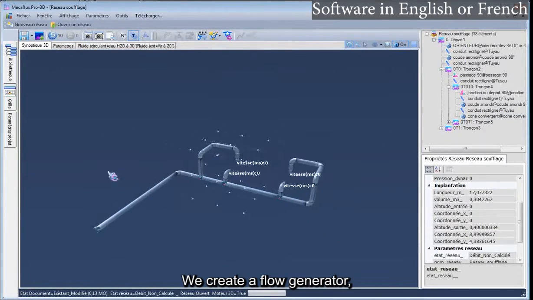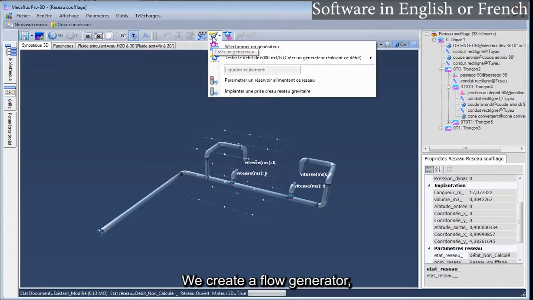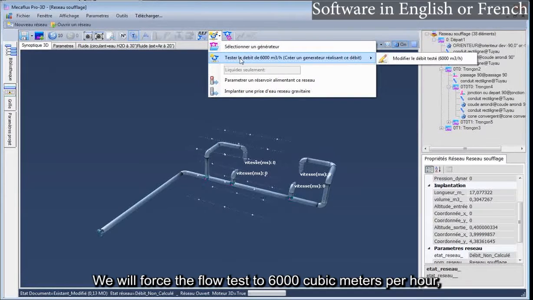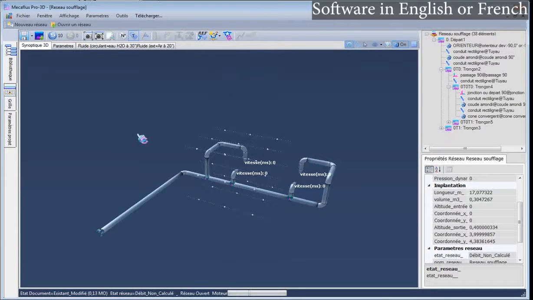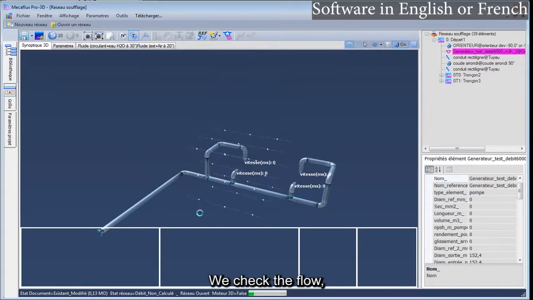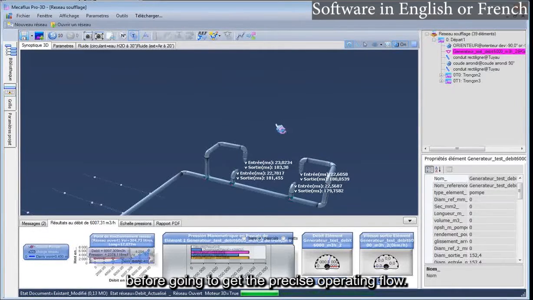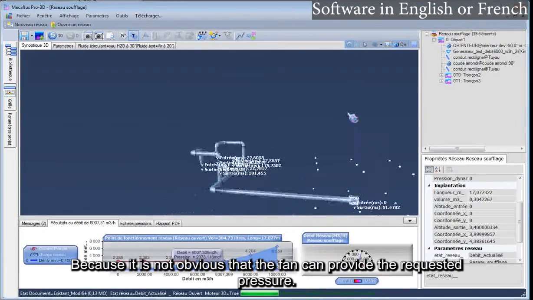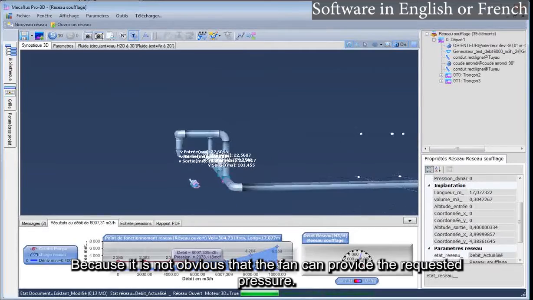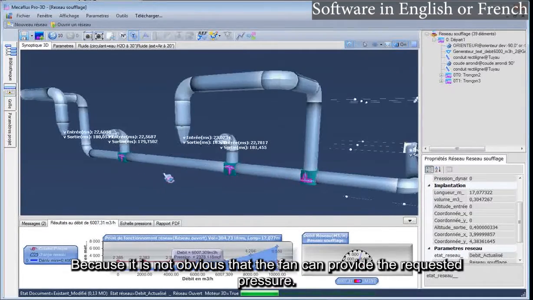We create a flow generator. We will force the flow test to 6,000 cubic meters per hour. We check the flow before getting the precise operating flow, because it is not obvious that the fan can provide the requested pressure.